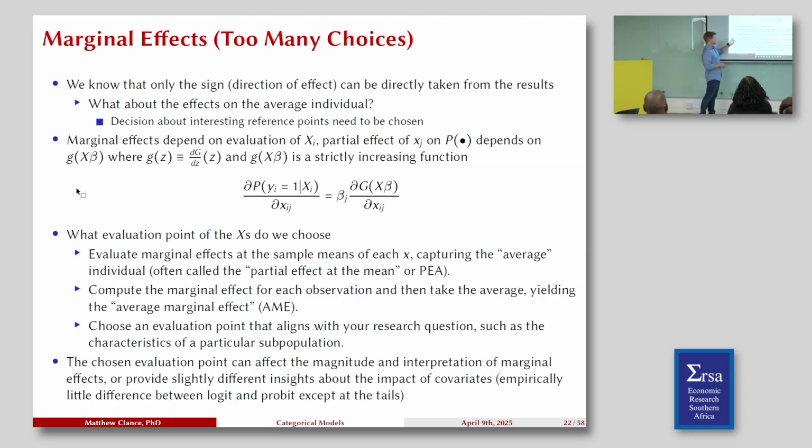So those are the first two. These are the most likely choices for most people. Then you can choose the evaluation point that aligns with your research question. If you're looking at the overall income distribution, you have, we'll say, a random sample of this information on whether somebody's working or not, all their information, but your project is very specific for people that have been out of work for a particular length of time,